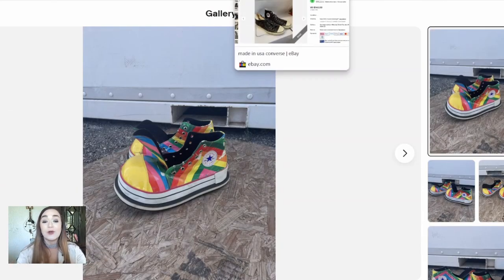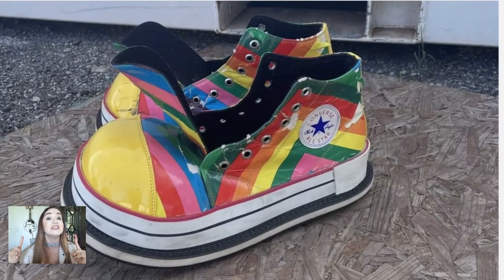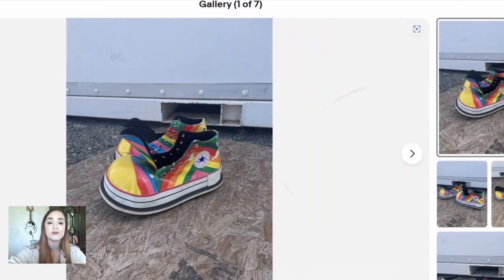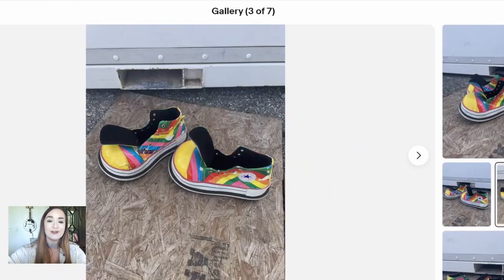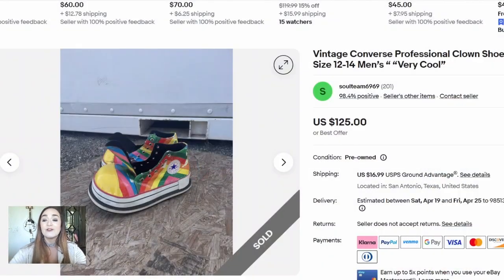Now, I had to show this one because this one is super interesting to me, and I actually saw multiple of these selling from various brands. These are what are called professional clown shoes. So you're seeing those huge, bulky toes on those big round toes, also in the rainbow color, and they've got a lot of peeling on them as well. But those sold for